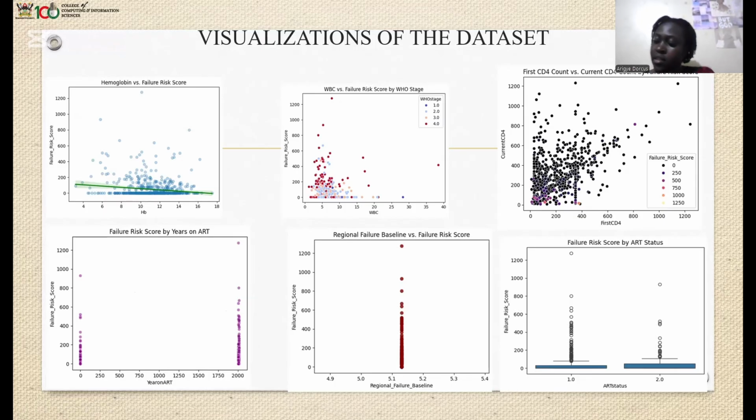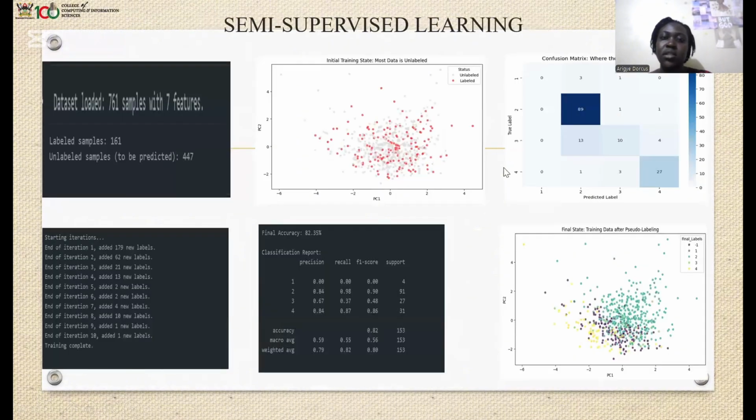These insights suggest that clinicians should consider immune status when selecting anti-malarial therapy, especially for HIV-positive patients in high resistant regions. Also, second options should be brought forward for people that have a high risk of failure, with a failure risk score that is high. Second options of treatment should be given to them, and we can tell from the different visualizations.